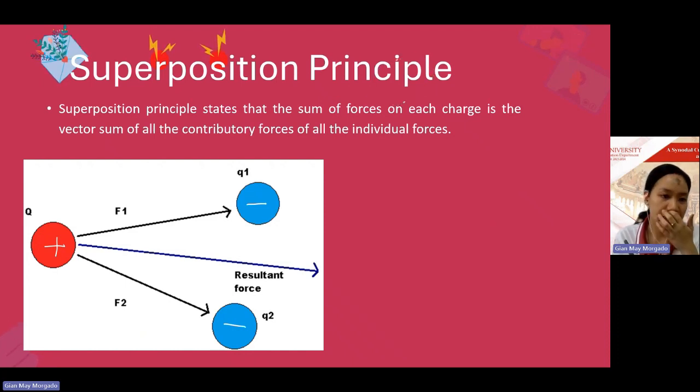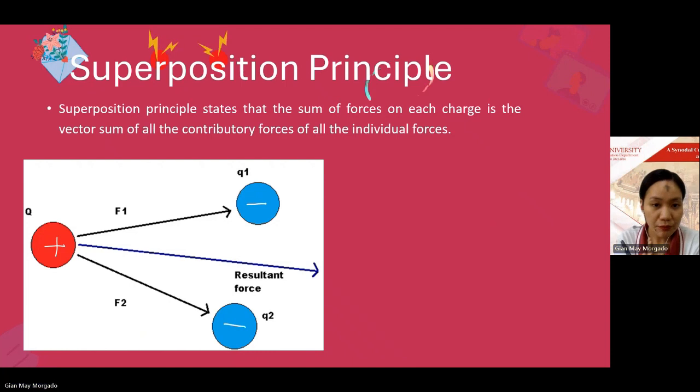Now, what will happen is that the possible motion of the positive particle will be based on the effect of the two negative particles. So instead of being attracted just to Q1 or just to Q2, the particle will be attracted to both, causing it to move in a path that is, in a way, at the center or in between Q1